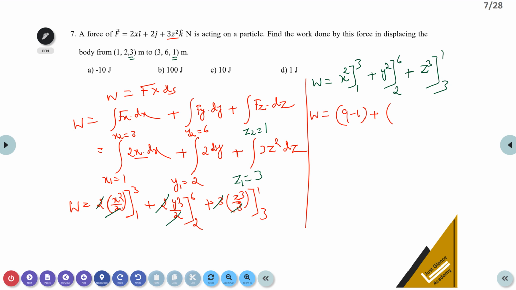Oh, I made one mistake. It is not y square, it is y only. It becomes 6 minus 2, plus 1 minus 3, not 3, it is cube, so it becomes 27, that is 1 cube is 1 and 3 cube equal to 27. Then W equal to 9 minus 1 is 8. Plus